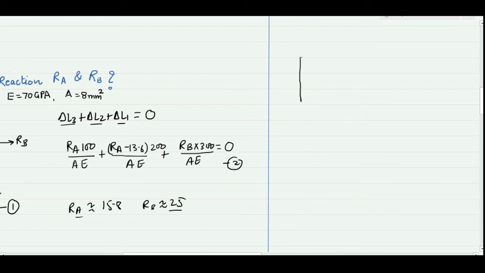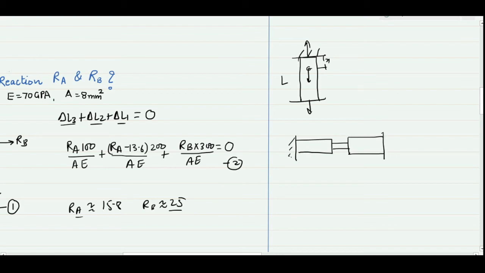You may have a single bar with two fixed ends and one force at a distance x from the fixed end. So the total length L will be given to you. So you have to apply two equations, one from the deformation and another one from the force balance, and you have to find the reactions at the two ends. Similarly, there will be a case where the beam will be a stepped beam. Instead of having a uniform cross section, you may have a stepped beam and multiple forces will act on it, and you have to find the reaction or you have to find the stresses in the different sections. Once you know the reaction, you will be able to get the stress value.